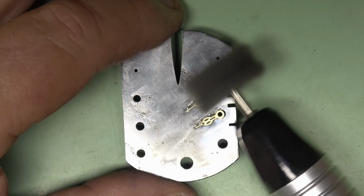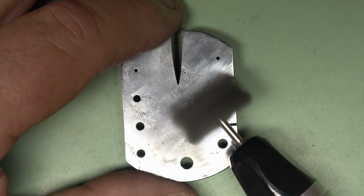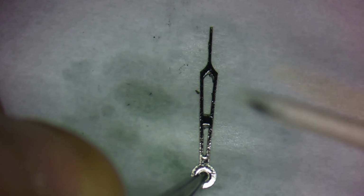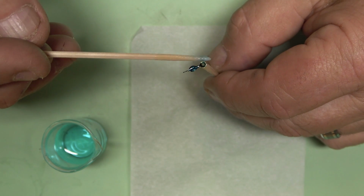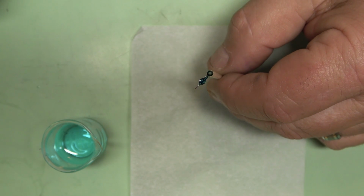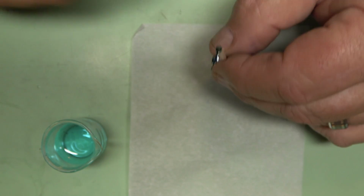I'm going to clean the hands and block off with my toothbrush and soapy water, lightly go over it with my Scotch-Brite wheel, and repeat the cleaning process. Now I can remove the hand from the block, cleaning off any excess shellac and fit it onto the toothpick to hold it while we go through the same process again for applying the brass black. Waiting 60 seconds, swishing it around in deionized water, drying it, and repeating the process until I'm happy with the